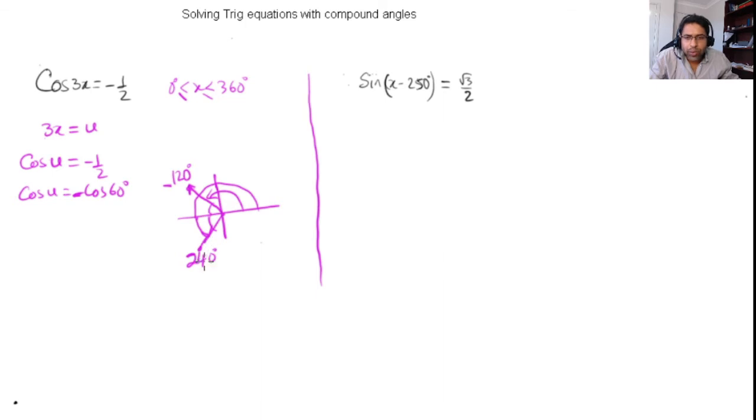So one is 120 degrees and another one is 240 degrees, because here and here cos is negative. Now we can straight away say u equals